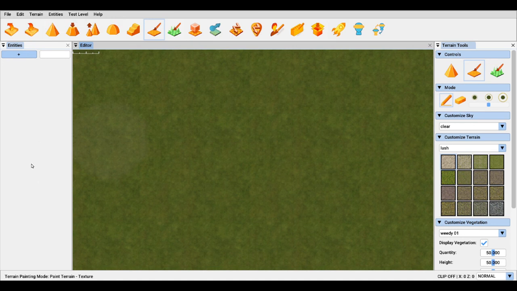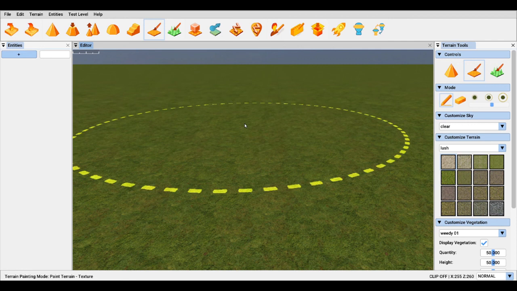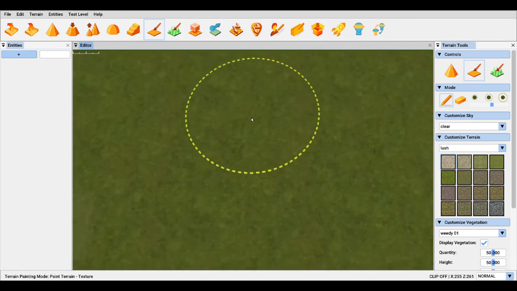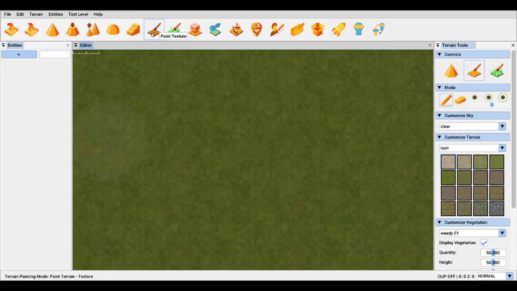The circle in the middle can change size by pushing the minus and the plus keys. If you push the F key, it will change your angle. So now you're looking at it from a side view, and you can go back to G, which gives you a top view. And since I am in the paint texture mode,